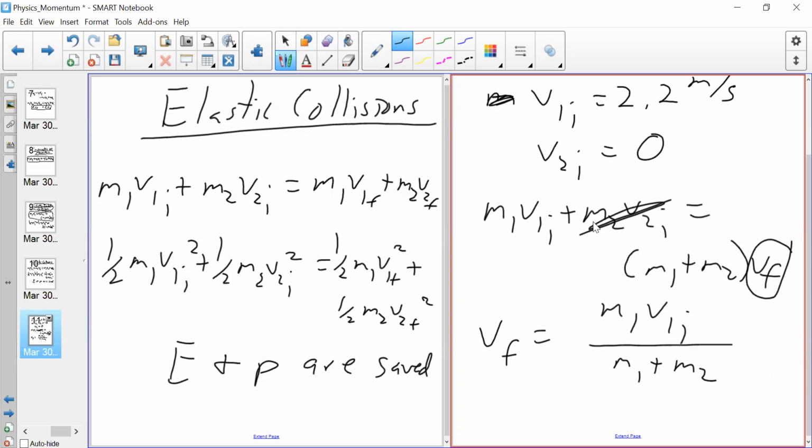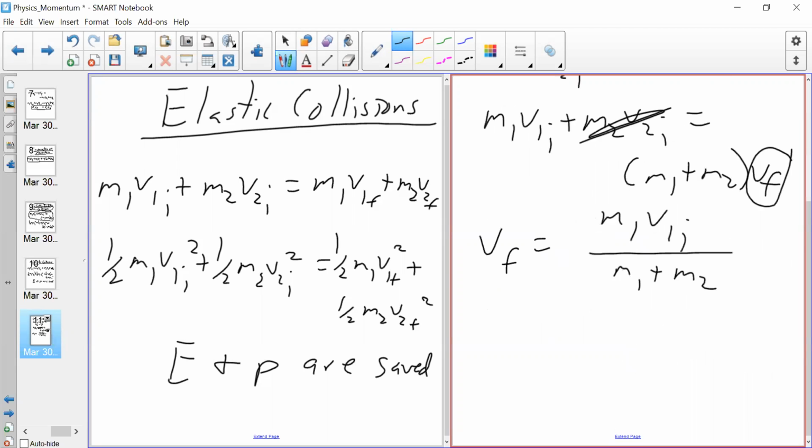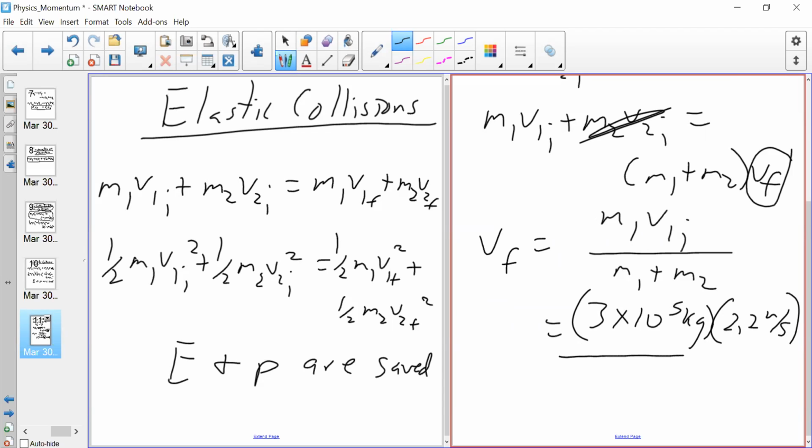So we have to divide this over here, and we can put our numbers in. So this is going to be 3 times 10⁵ kilograms, 2.2 meters per second. Again, you can check the units. This is something for you if you want to be technical. Make sure that your units of momentum check out, and the units of momentum are kilogram meters per second, and that's what we have. And then both of the masses are the same, so we just say